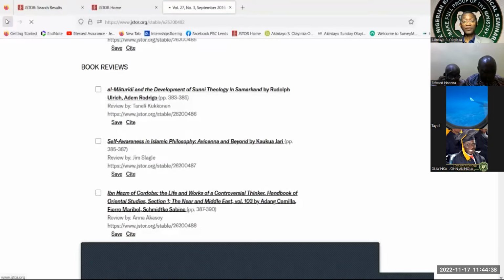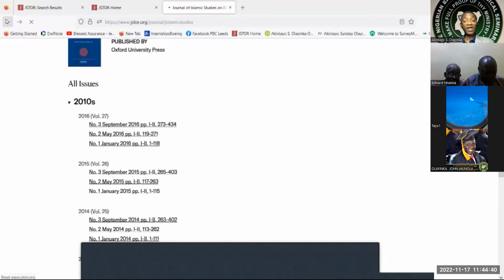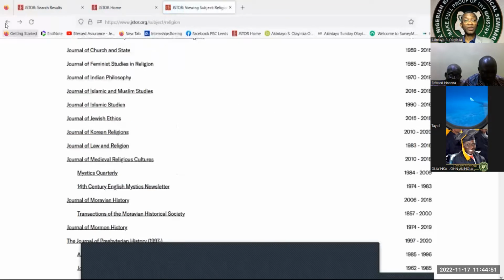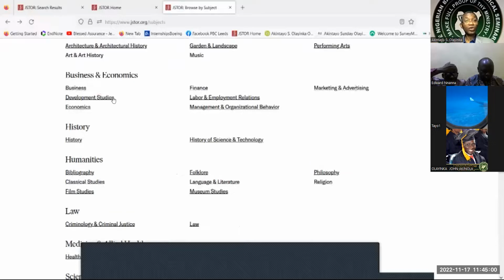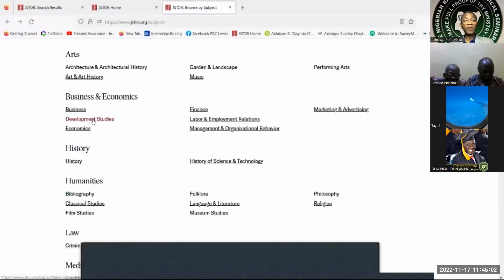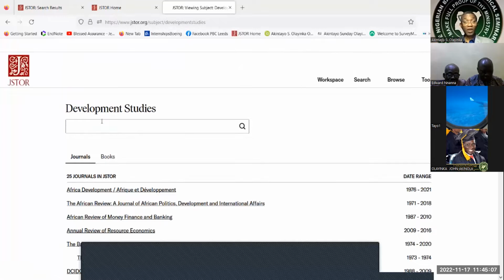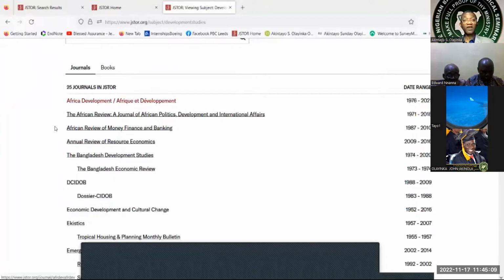So let me move back a bit and pick another subject category, implying that you can get a lot of resources for your work as you go through JSTOR. And let me try another subject category. We've done religion. Let us move up to, why can't we try development studies? Development studies. So we have African development,